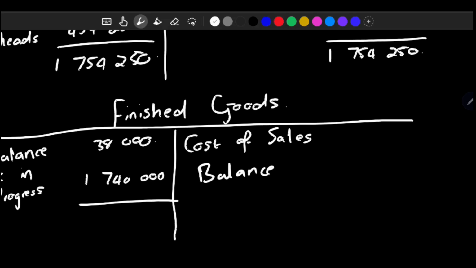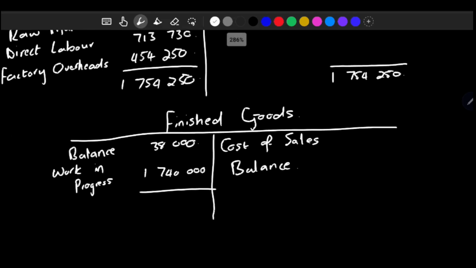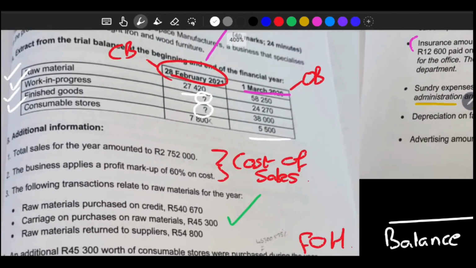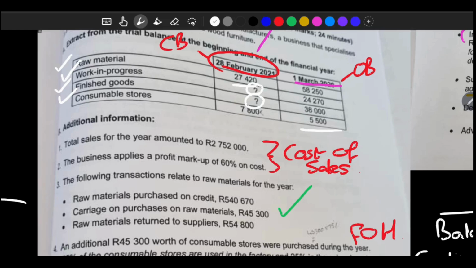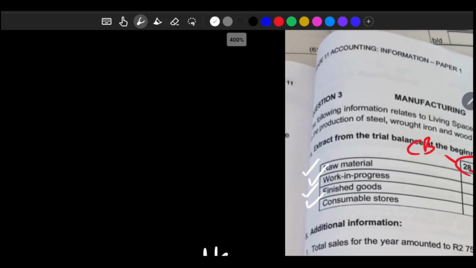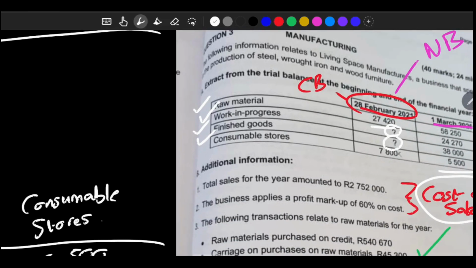Now, we need at least one of these to understand which side is bigger. Do we have a closing balance? No, we do not. Do we have a cost of sales? We do not directly have the amount, but we're given the information to get the amount. So coming back to this note that we made for ourselves here, total sales for the year amounted to 2,752,000. That is sales. The business applies a profit markup of 60% on cost. So what we're going to do here is say cost of sales, I'm just going to abbreviate it. Cost of sales, right? We have a selling price of